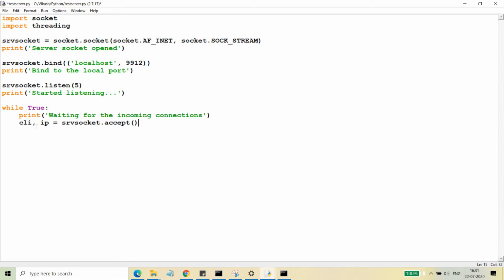So if you have to send any message to the client, then you need to use this socket. Suppose I have to send a message to the client that yes, you have been connected and it's successful, then what I will do is cli.send, and I need to send the bytes. In the previous video I told you that you need to send the bytes, and just send a message, "connect successful". So this will be the message that will be received by the client after it is able to connect to the server. This is the server, and after it has been connected,